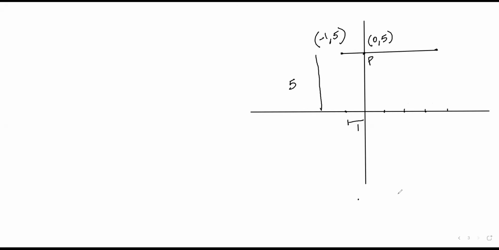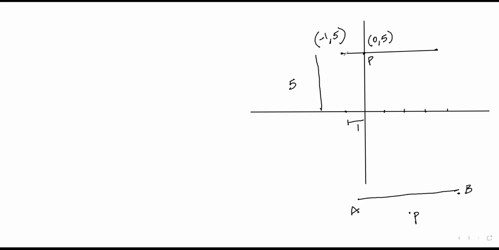See, if these 2 points are making a straight line, P must be collinear. If P is not collinear, it cannot divide this line internally. See, this is the line. If P is here, it cannot divide this line internally. So P has to be collinear with A and B. That's another thing. So P has to be here.